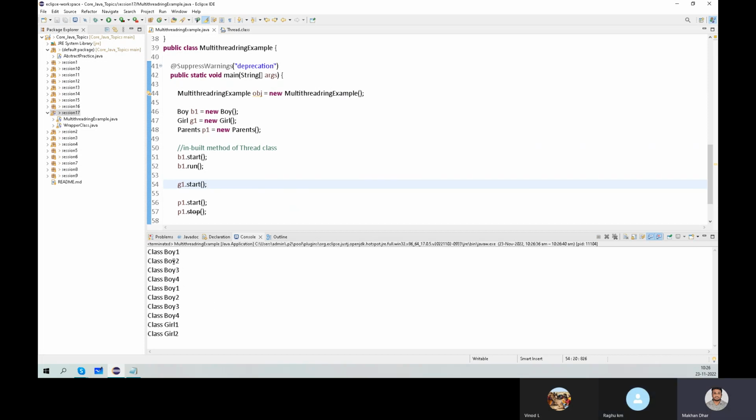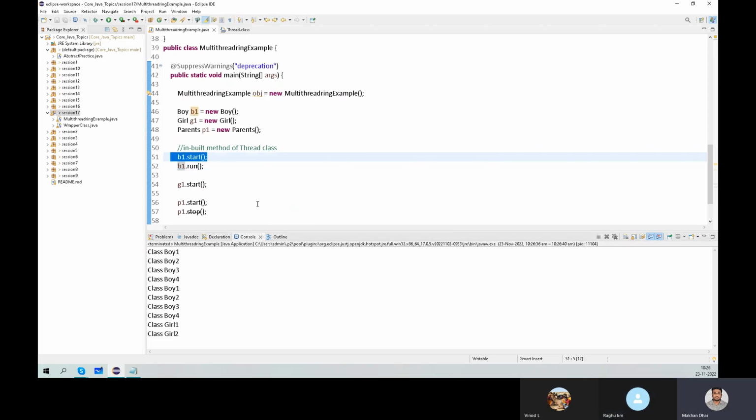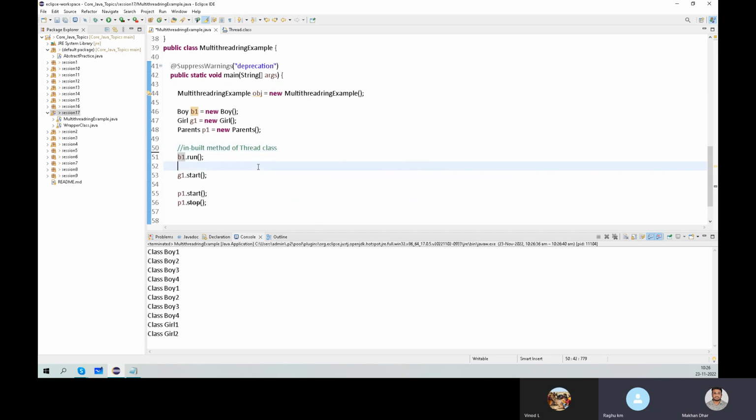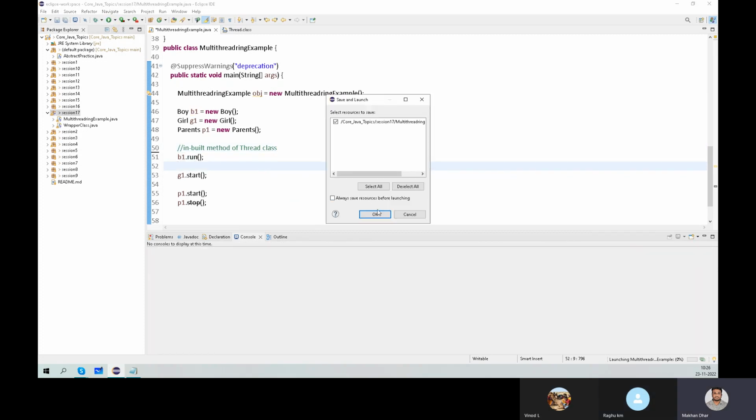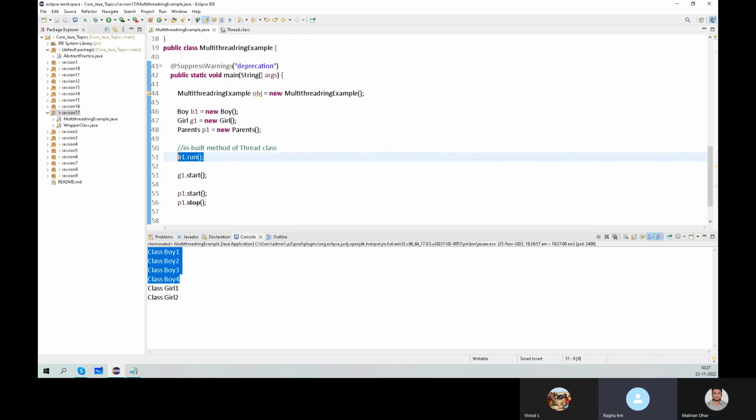Now see, boy one, boy one, boy one. Boy one is only running till there, right? It runs twice. Run and start are basically the same thing. We use start, but start and stop, if you perform them,